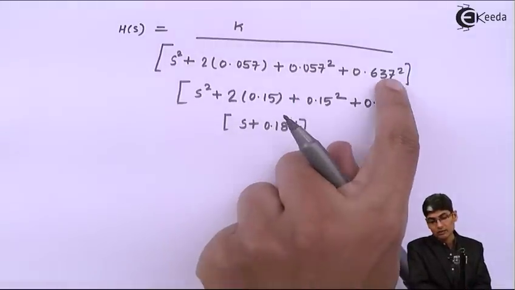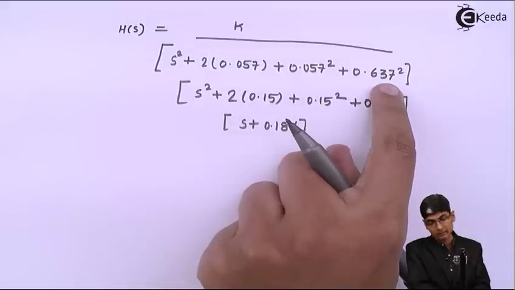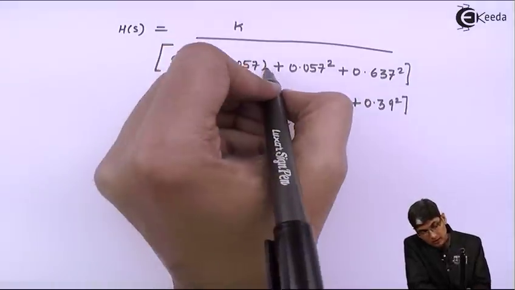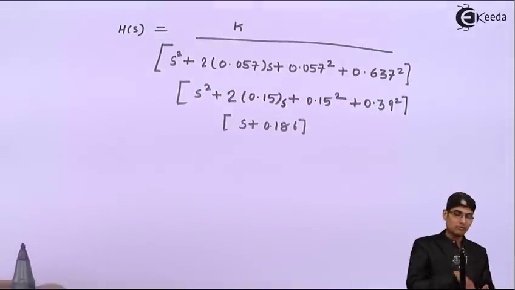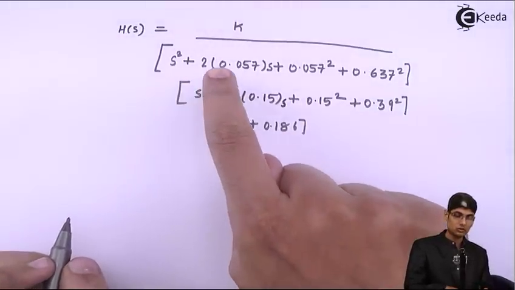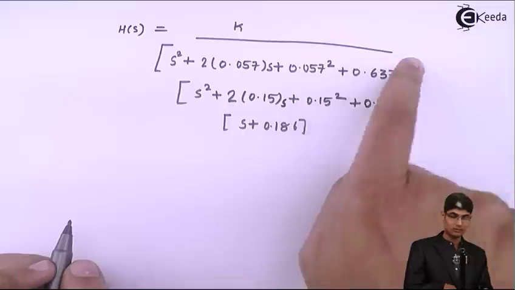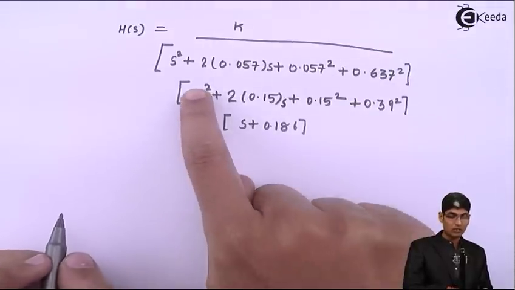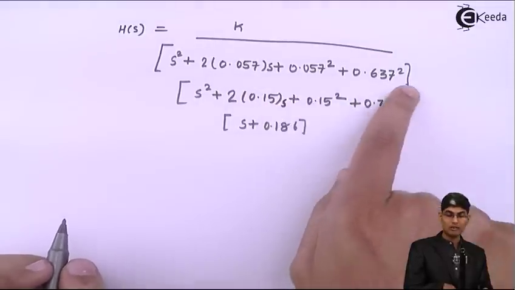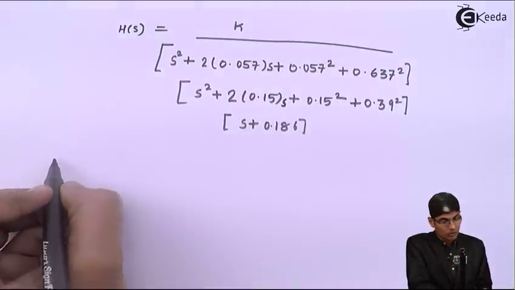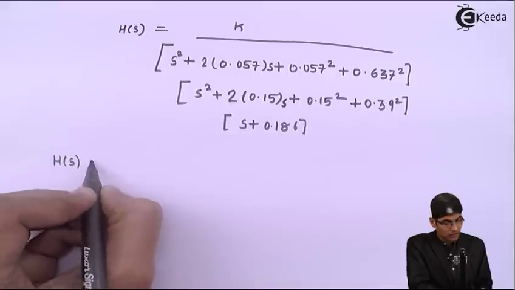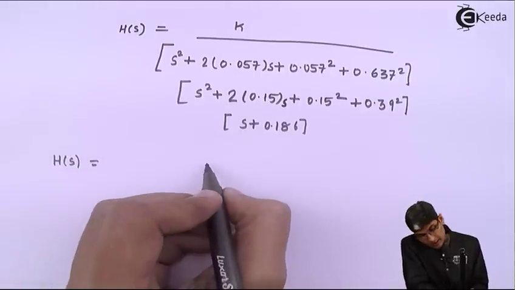Now, after doing the squares of these two terms and adding them together, and then here I missed one s, so here it's an s, here there is also an s, okay, because you will have s square plus 2 times of this into s and so on and so forth. So now I will add these two squares, I will multiply with 2 and all the things will be done, and the final transfer function will be k upon,